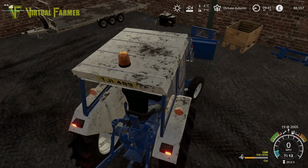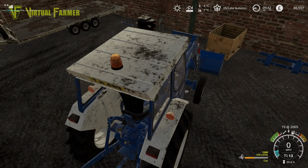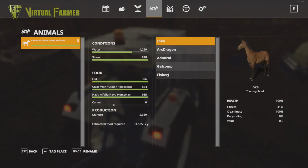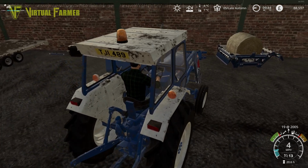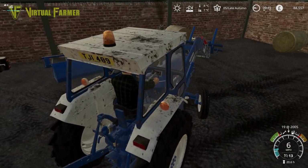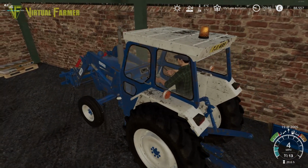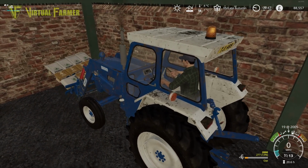We'll drop this off here. I think our horses have enough water, don't they? Yeah, they've got plenty of water. They're full on everything else. They've got a little bit of space for water, so we can always fill that up at the end of the day. But yeah, if we make some space in here, get this pile of oats out of the way, what we can actually do